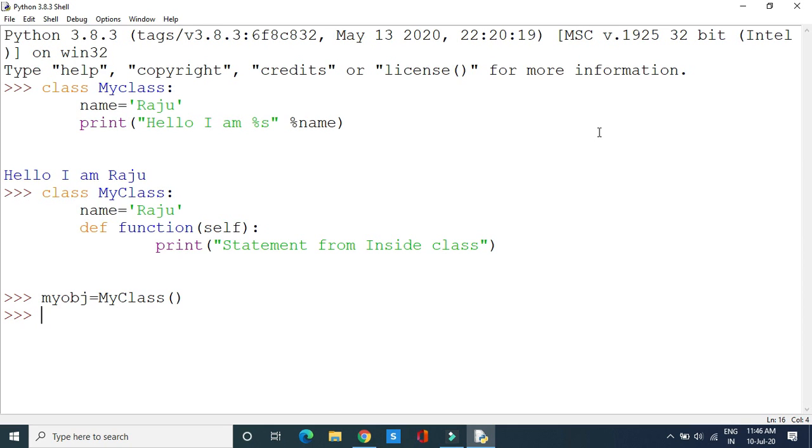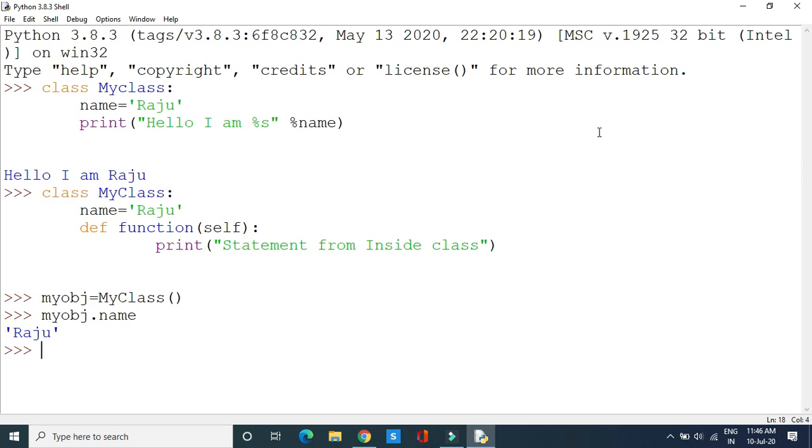Now we are ready with the object creation. Next we need to access the data and functions of the class by using this object. To do so, simply write the statement myobj.name. This indicates that I am trying to access the variable of a class. You press the enter button.